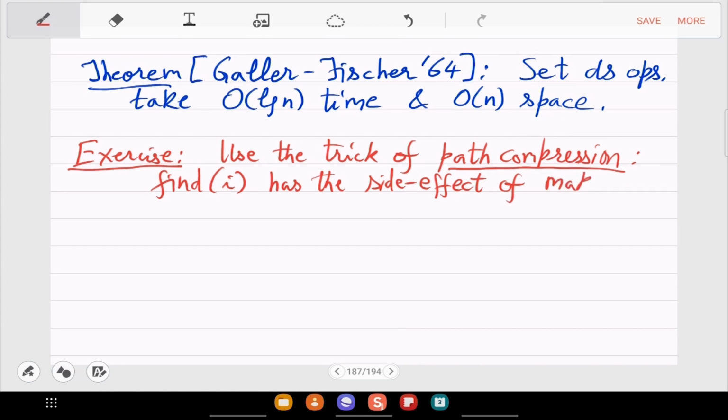So path compression is find I has the side effect of making every node in the path that it travels a child of the root.